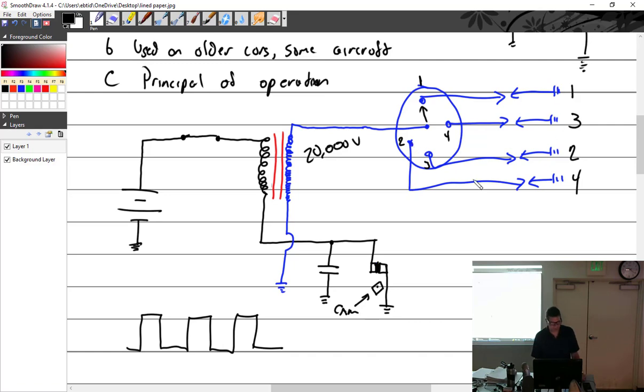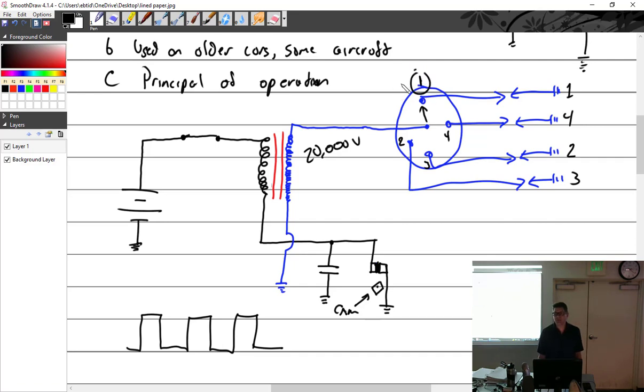I didn't draw that right. I'm sorry. See, I told you it's easy to screw up. So you just need the 2 to go to 3. Yeah, I know. So 1 goes to cylinder 1. 2 goes to 3. 3 goes to 2. And 4 goes to 4. There we go. See how it's easy, but it's hard. Why does it do it like that? Okay, so